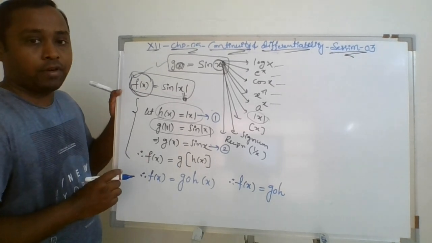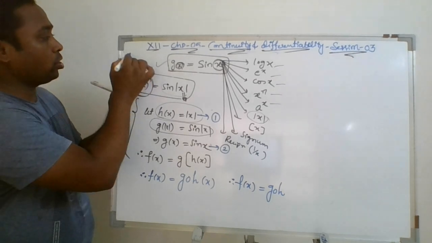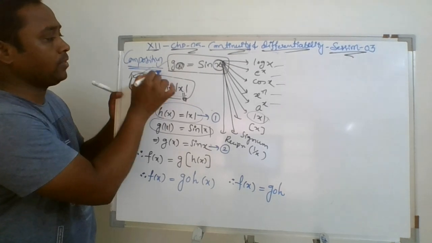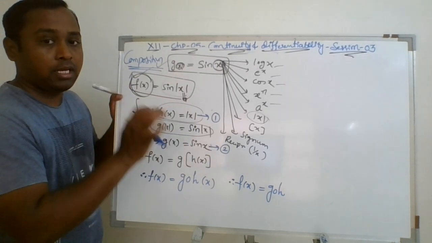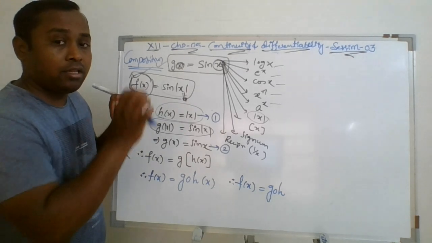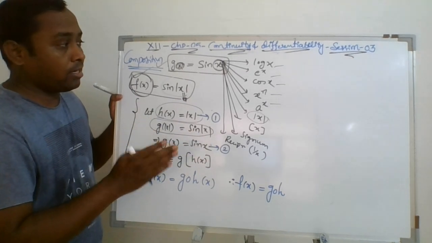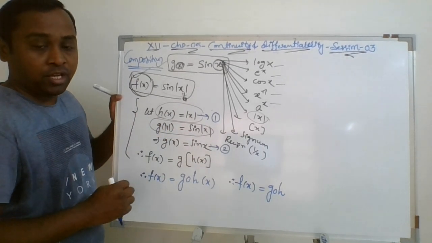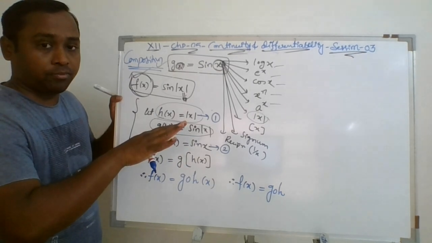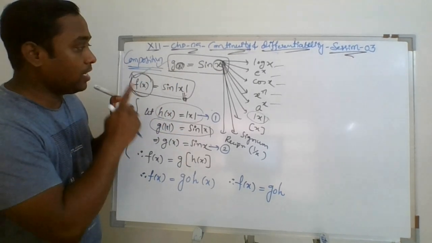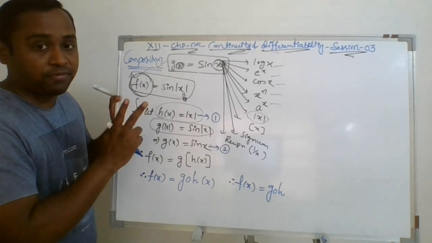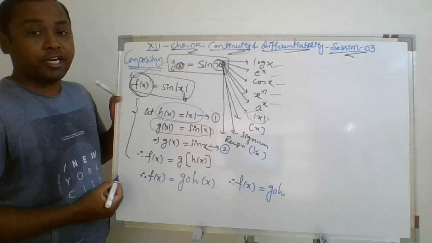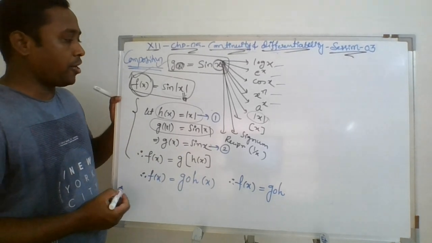So now I think you have understood the meaning of composition of function. Composition means function of function, meaning one function is there inside the other function. It is not like the addition, subtraction, multiplication or division of two functions. That is what is called an algebra of functions. That is combination and this is composition. There is a minor difference between them, only in the way of expression. But how to check the continuity? The question comes now: how to check the continuity of this function?